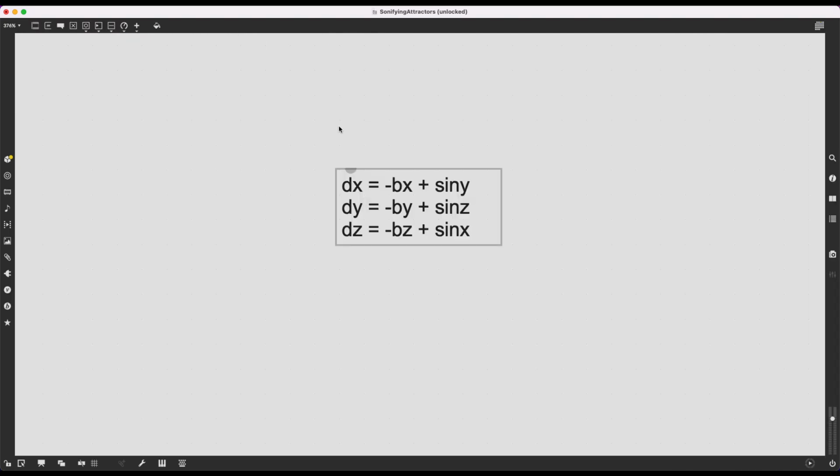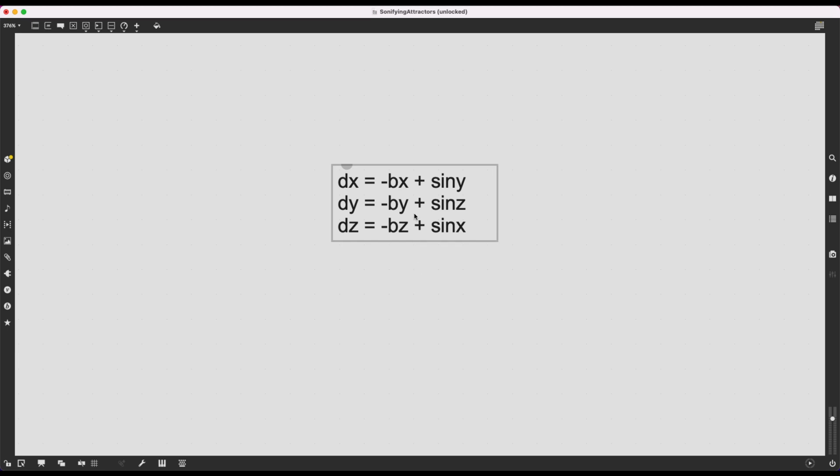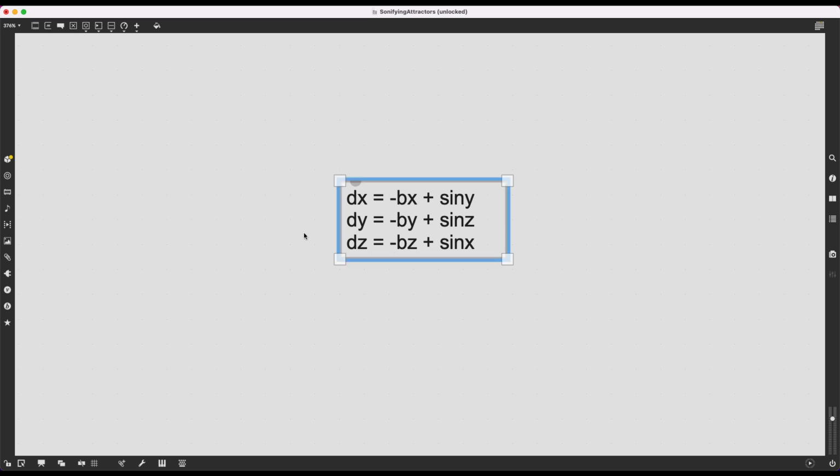Alright, here we are looking at an empty MSP patch. Well, it's not so empty because we do have this little mathematical formula here, and this is the formula that we are going to use in order to simulate a chaotic attractor and generate our chaotic signals. You might recognize this formula if you have seen my previous video on visualizing chaotic attractors. If not, no worries, because now I want to talk a bit about what attractors are and what this formula